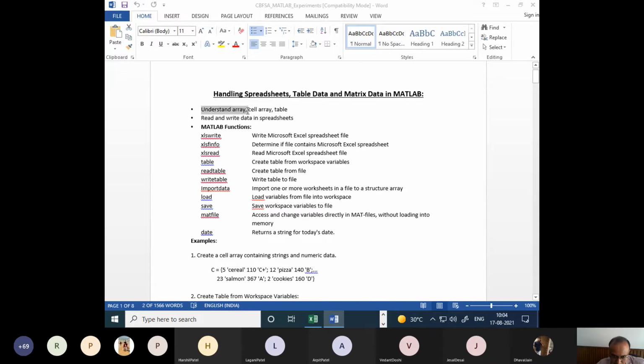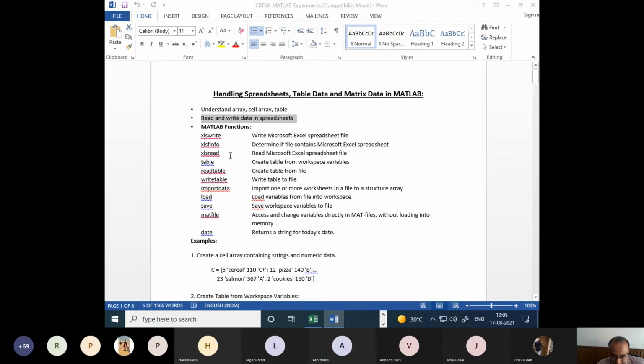Simple arrays we all know how to handle in MATLAB because we have performed so many experiments in DSP. Now we know about the simple array, which is used to represent vectors or matrices. And then we have seen a cell array, a collection of different kinds of arrays. A table is an organized representation of different arrays. Table has some headings also, that we have seen.